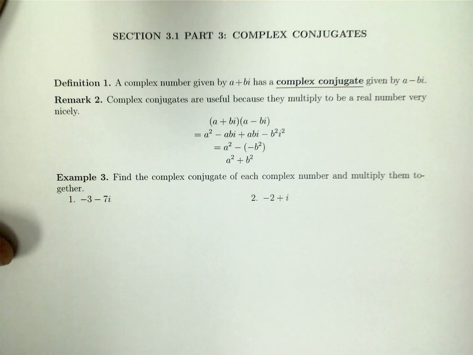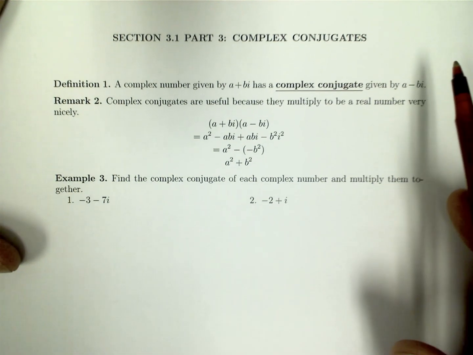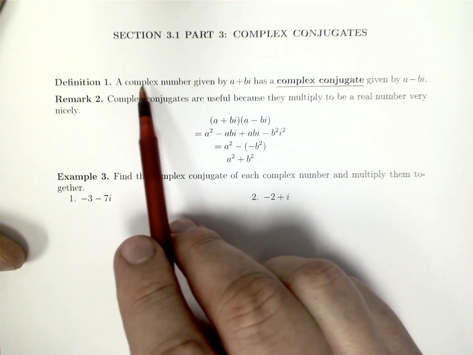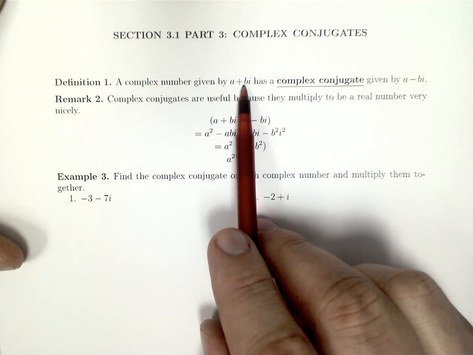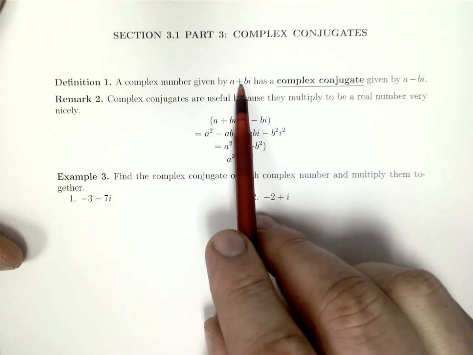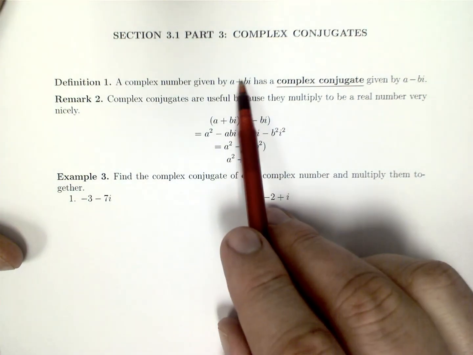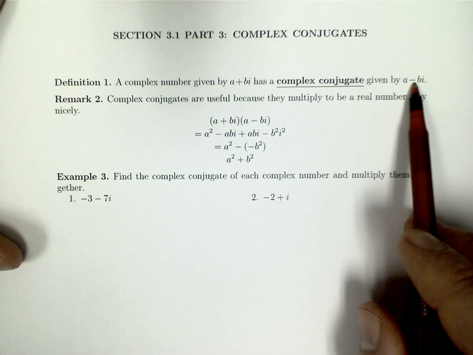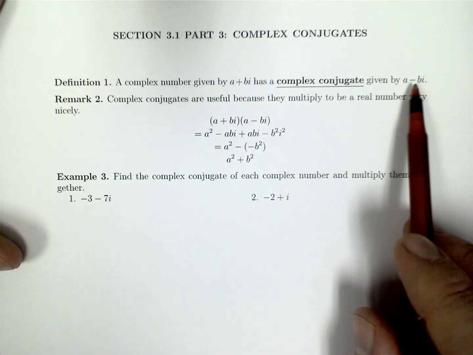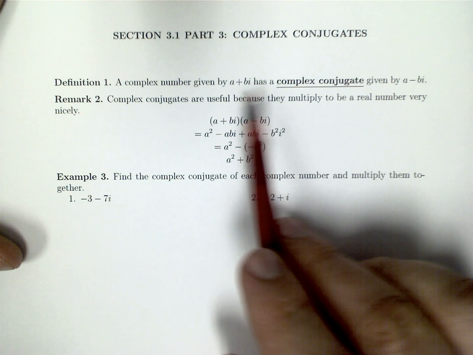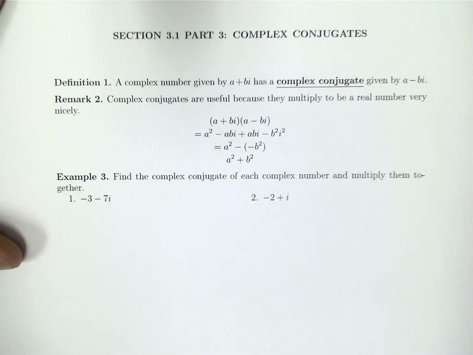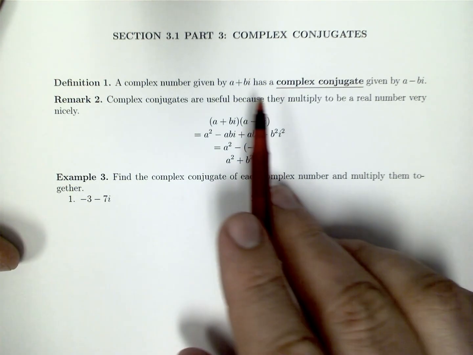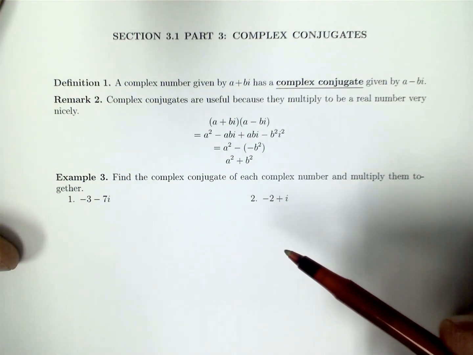So a complex conjugate is not a terrible idea. If you have a complex number, a plus bi, all you do is change the sign directly in front of the i term to the opposite sign. So if it's positive, it becomes negative. If it was negative, then it would become positive. So we say these are conjugate to each other. And as it turns out, the reason why we would do this is kind of interesting. It has a very nice simplified